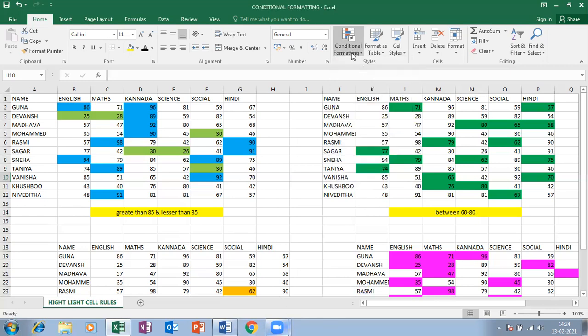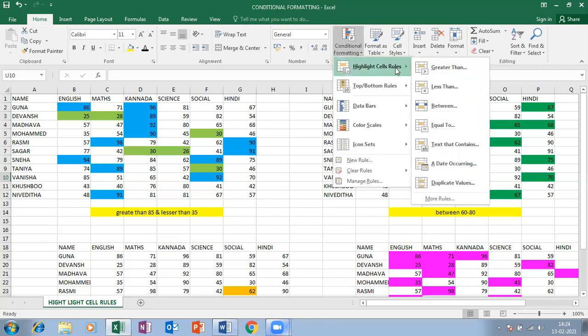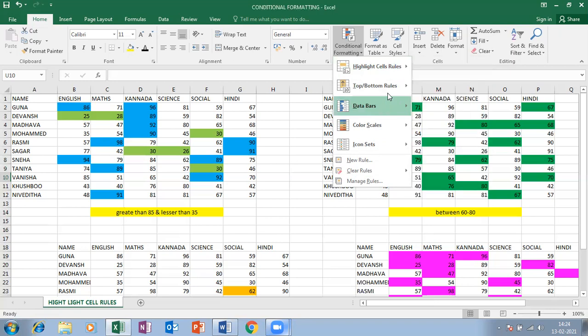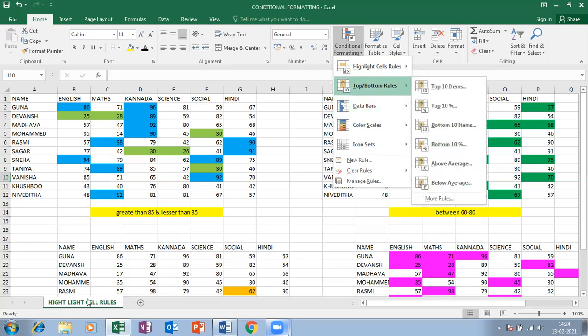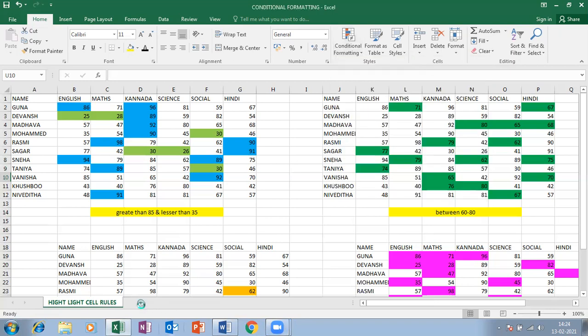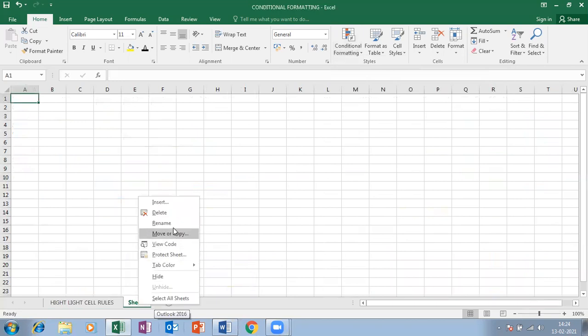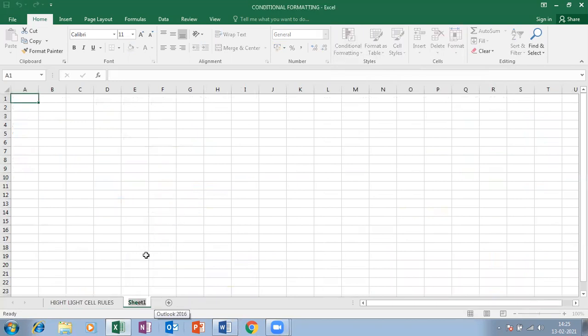Whatever we have done until now is highlight cell rules. So I have renamed the sheet also as highlight cell rules. And next we are going to see top bottom rules. Let me create one more sheet and right click, rename it top bottom rules.